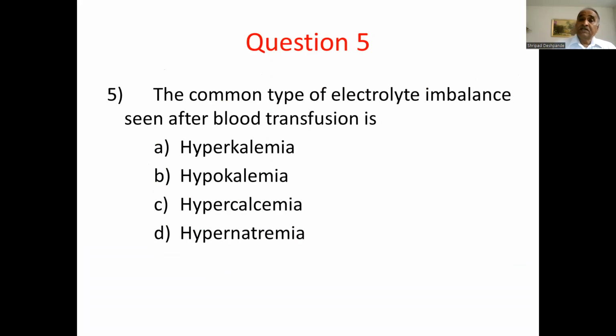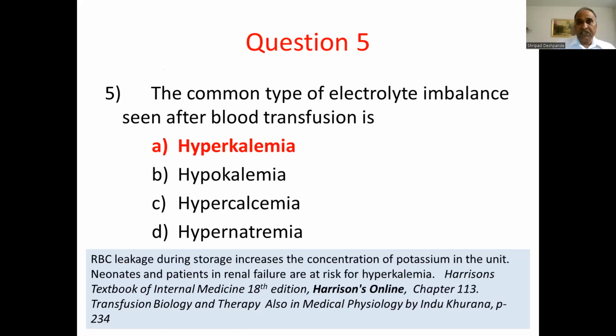Question number 5. The common type of electrolyte imbalance seen in blood transfusion is: A, hyperkalemia; B, hypokalemia; C, hypercalcemia; D, hypernatremia. The answer to this question is A, hyperkalemia, because RBCs leak